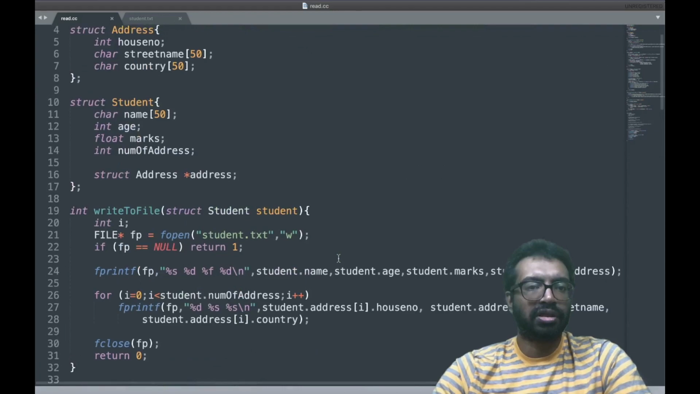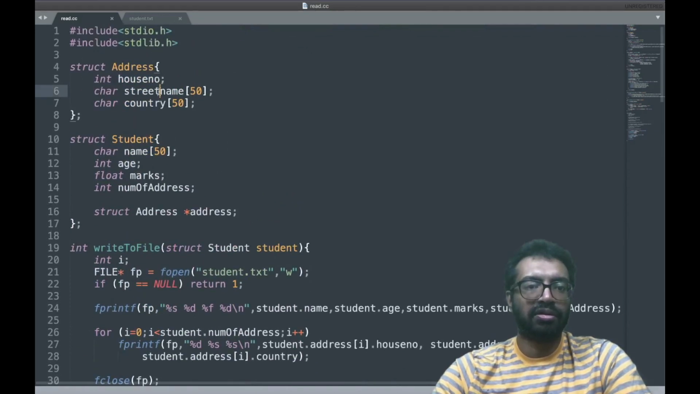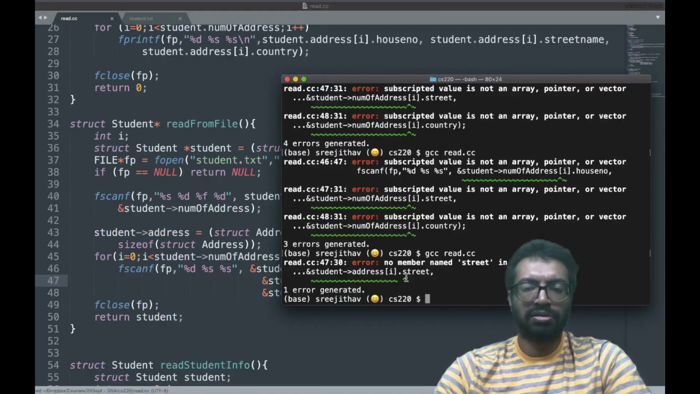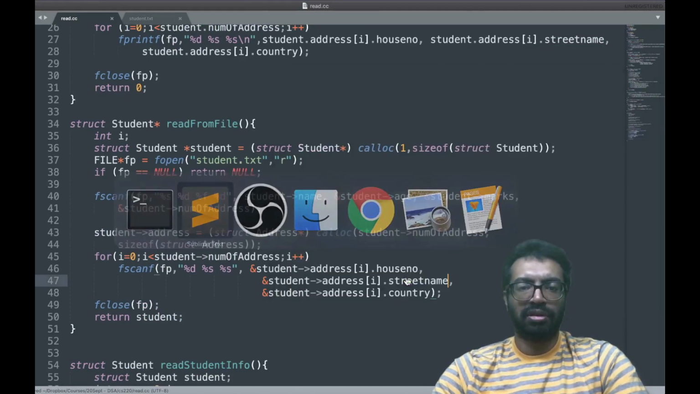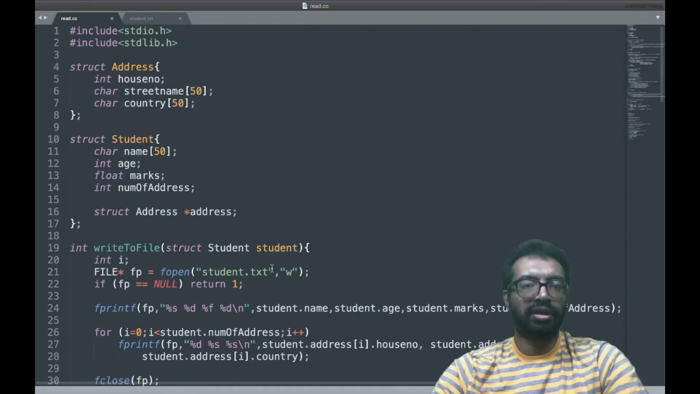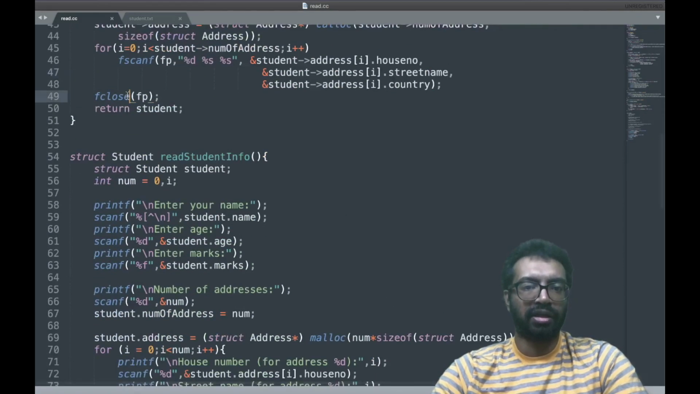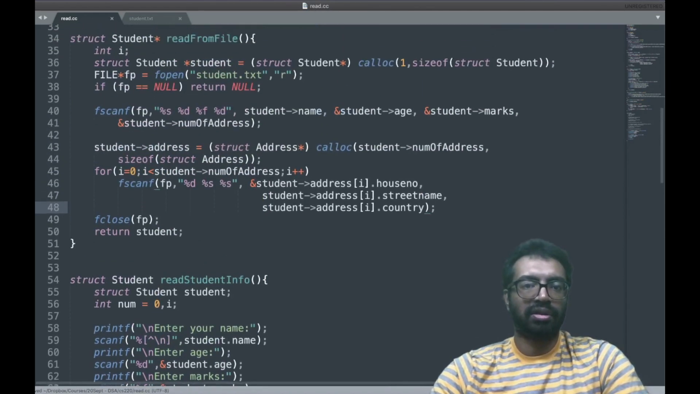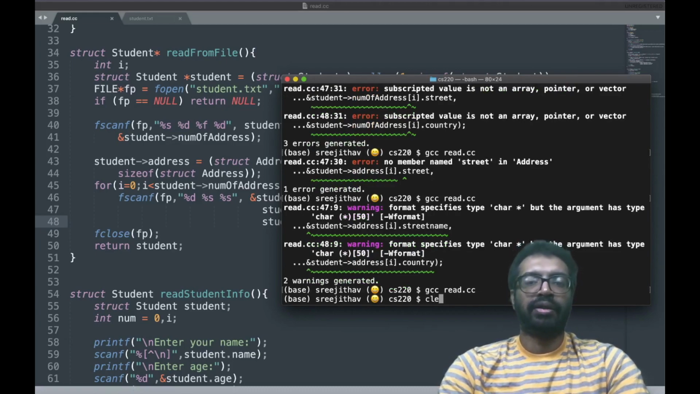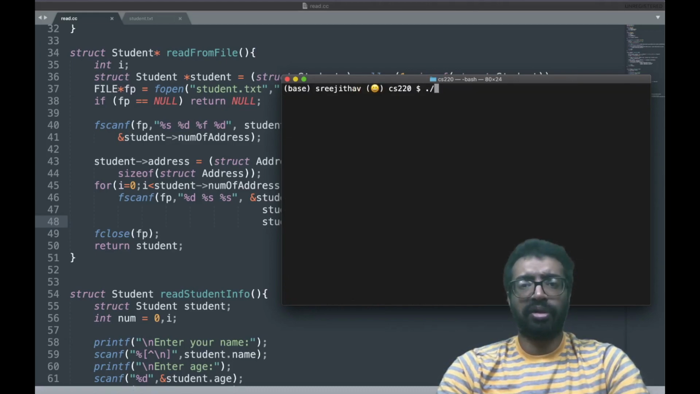The street is not there. Street name. Okay. Country is not there. Okay, so street name and country we don't have to. It's a character array. So this is not what is required. That should be enough. Right. So it's compiled properly, and I'm going to first enter name Sachin, age something,